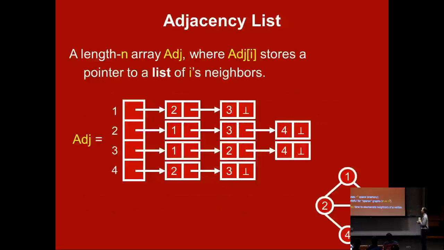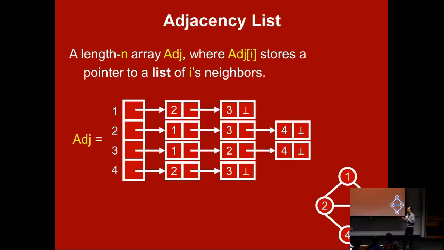Okay, so pluses and minuses. The other traditional way to store graphs is like an adjacency list. So that's a different kind of data structure. So it's a bit more complicated. An adjacency list starts with an array of length n, one for each vertex. And in the ith entry of this array, you store a pointer, or like a list of the neighbors of